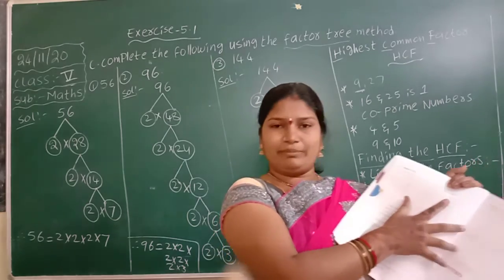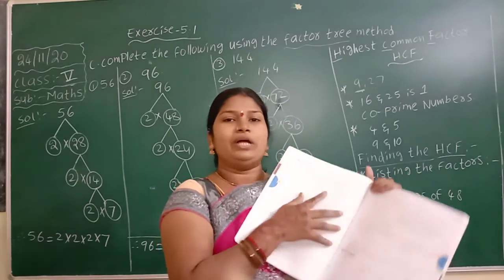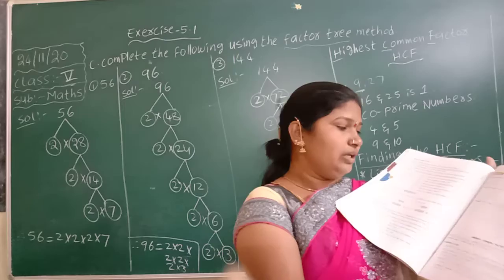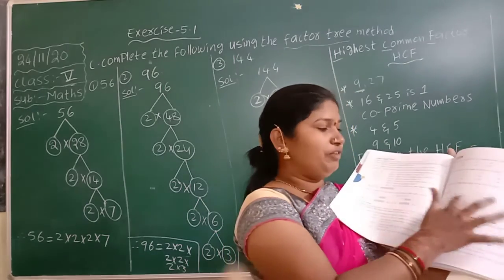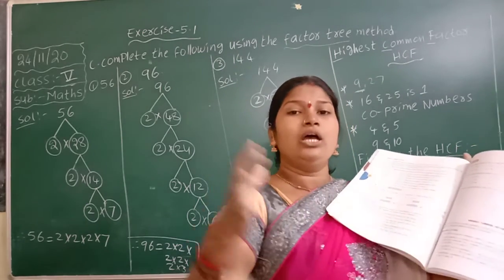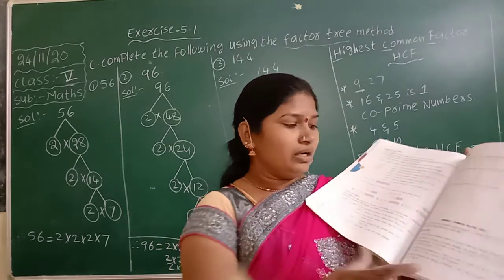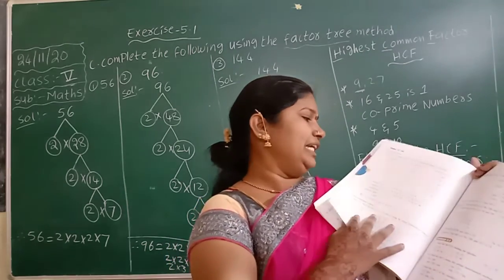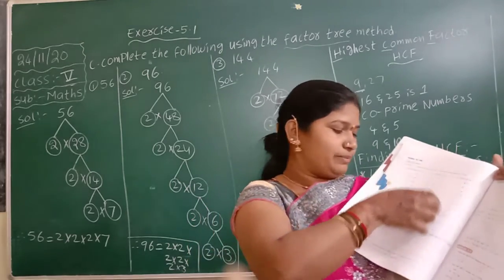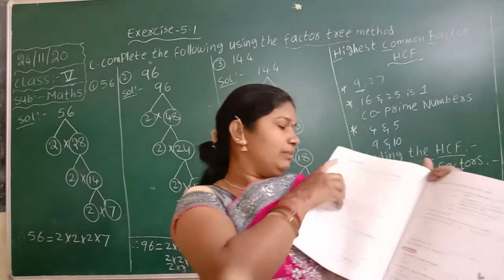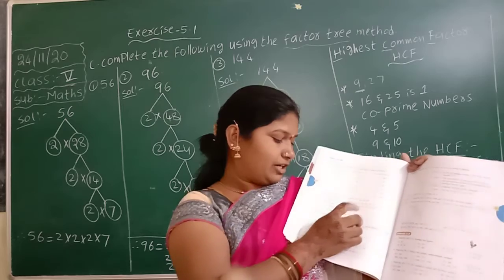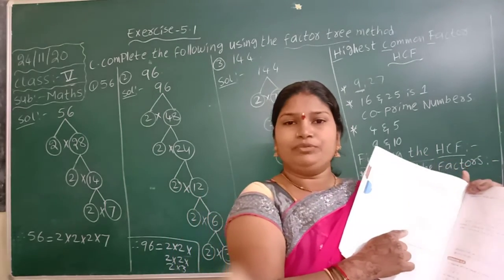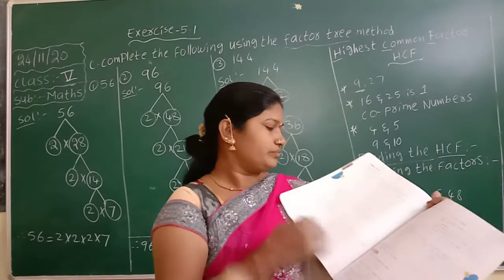It is one method. So you have to open your maths notebook. You have to open your textbook. Finish this in your textbook. Open your maths notebook and write down this one. Write down these properties, and you have to write down this example problem also, finding HCF, here to here. This is your homework today.